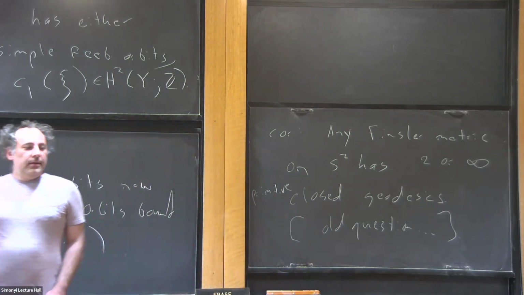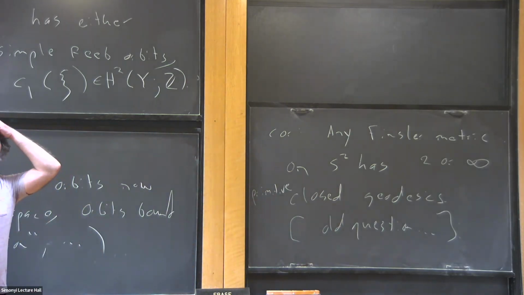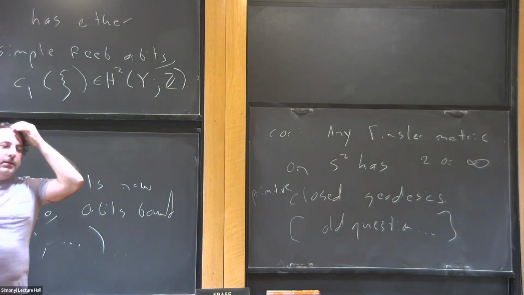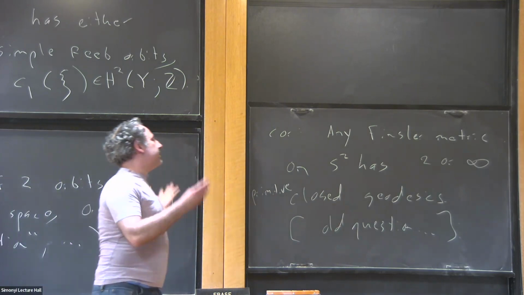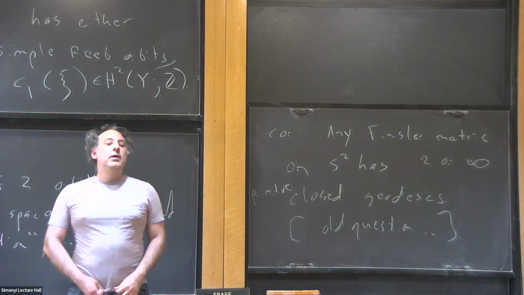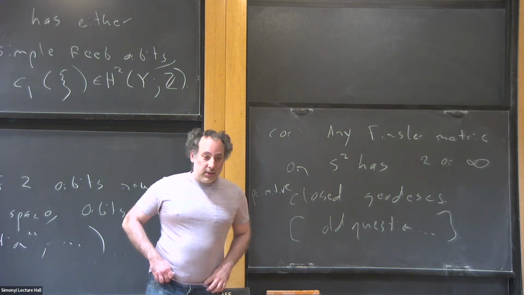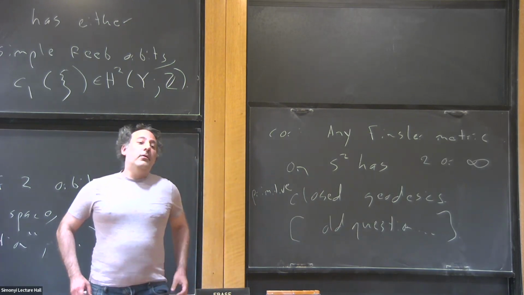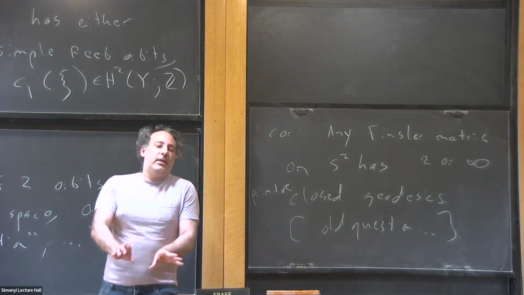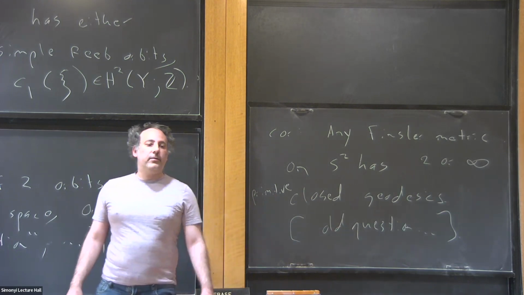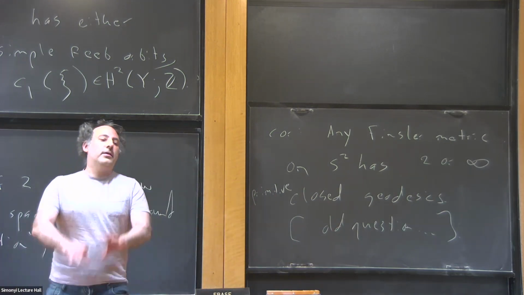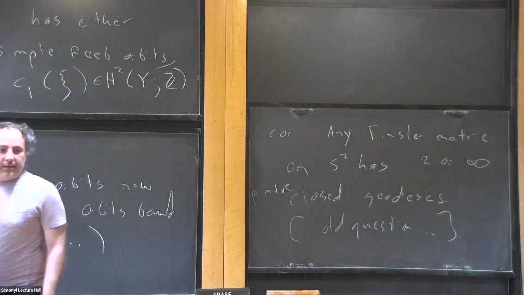You're saying you could have precisely two. You have an example with exactly two. Yeah. There's a famous example due to Katok with exactly two primitive geodesics on the two sphere. A symplectic geometer would just call that the example of an irrational ellipsoid. So there's a close connection between the two.